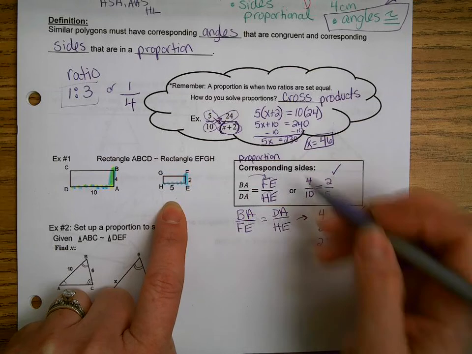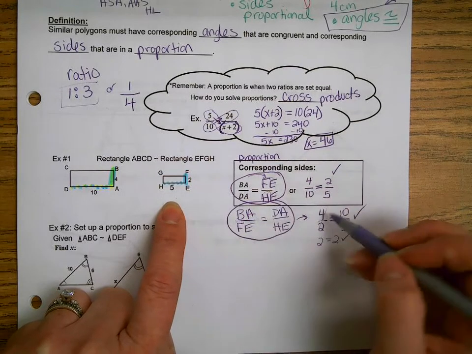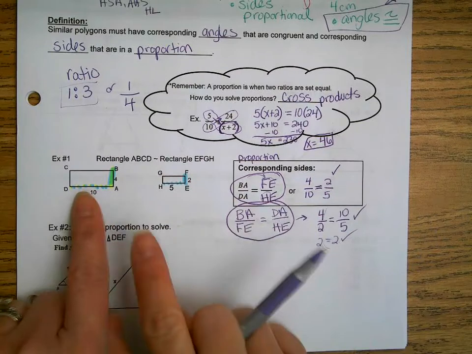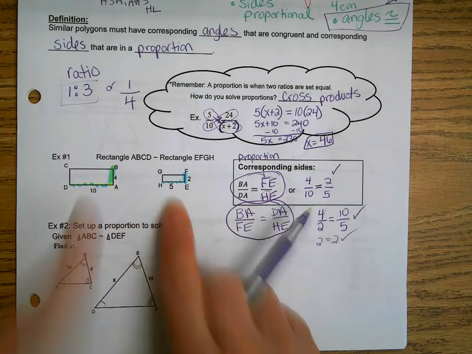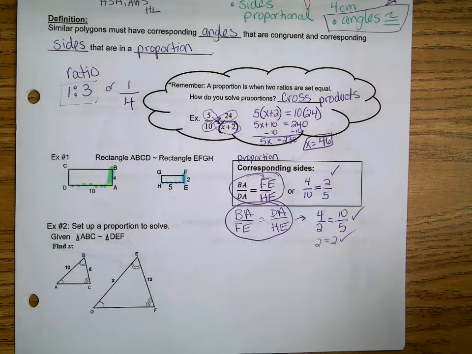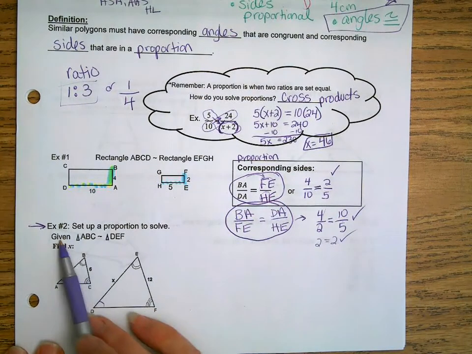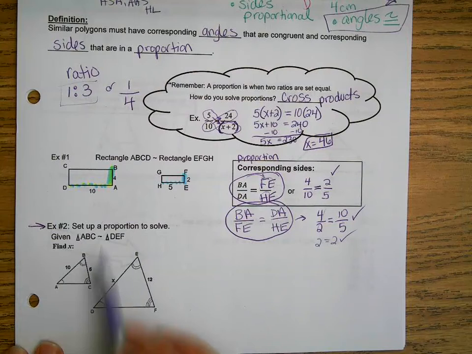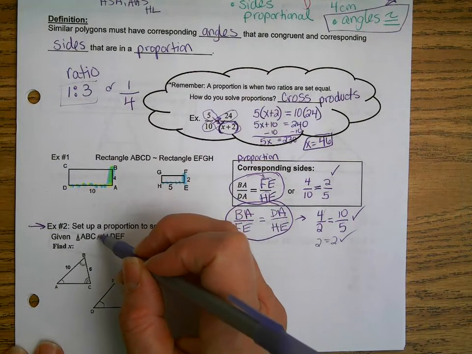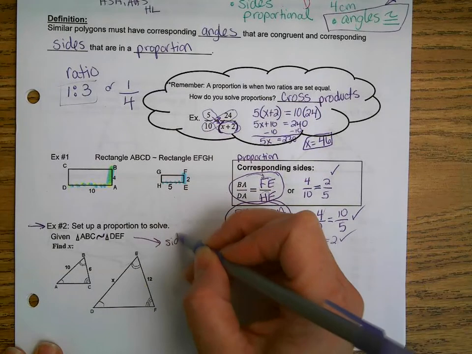Okay. So these proportions, how you set them up, as long as you're careful to go from a corresponding piece over, they might look different depending on how you look at your questions. Okay. So exercise 2, we're going to be setting up proportions to solve. Given triangle ABC is similar to triangle DEF. So again, the fact that the triangles are similar tells us that the sides are proportional